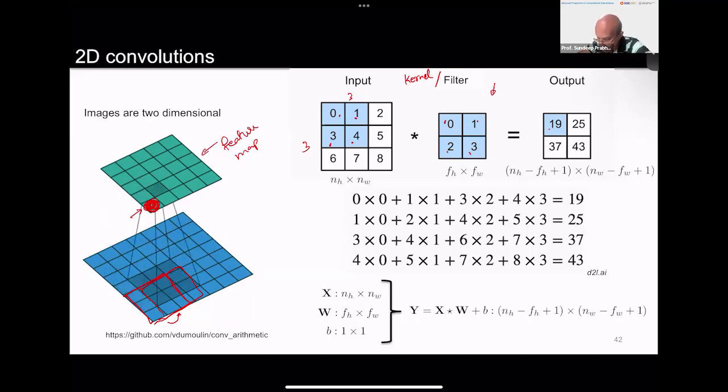Next, what I do, 1 times 0, 2 times 1, shift by 1 pixel, do pointwise multiplication and addition, I get 25. Repeat the same, 37 and 43. Okay, so that is basically the output. Now, how many outputs we get depends on the size of the image, the input, and size of the kernel, size of the filter. And the computation is straightforward. So if I have, say, 3 by 3 and filter is of size 2 by 2, the output of the feature map is